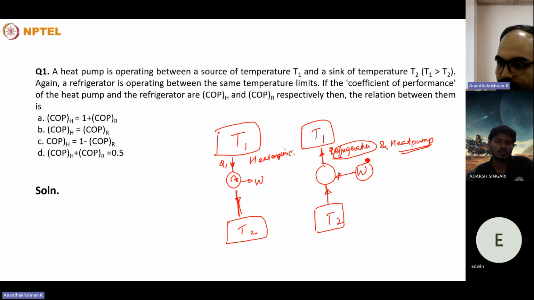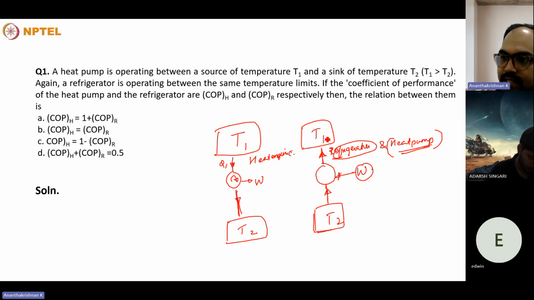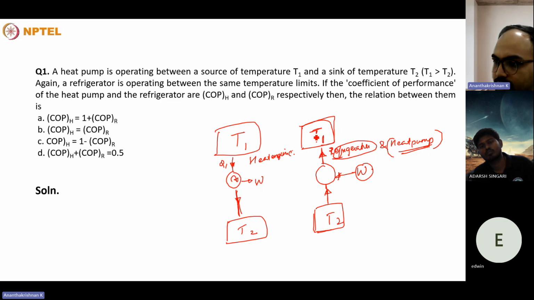In the case of refrigerator, the desired effect is the heat taken from the lower temperature source. But meanwhile, in the case of heat pump, the heat provided to the sink, in this case a higher temperature region, will be the desired effect. So we define COP, the coefficient of performance, as the desired effect divided by the amount of power input. So what we could see is that COP of refrigerator